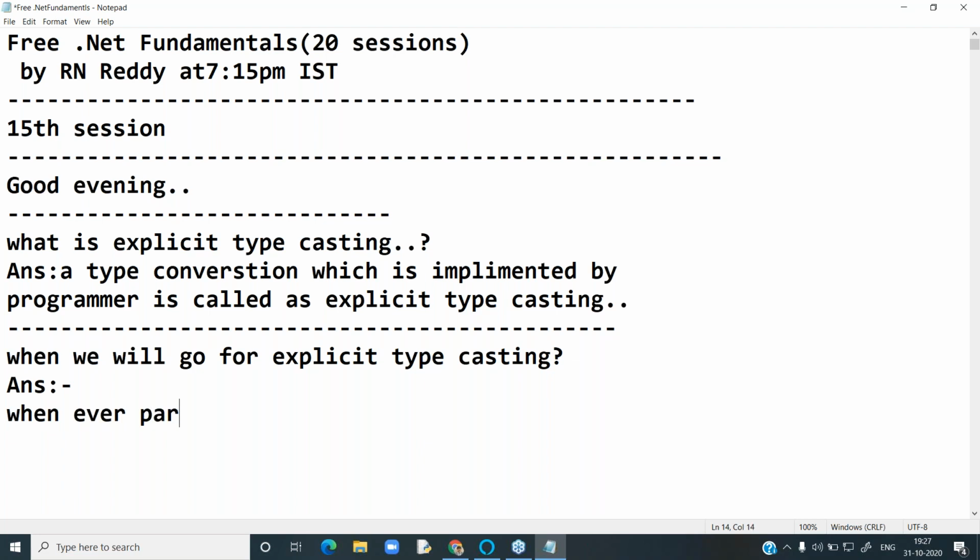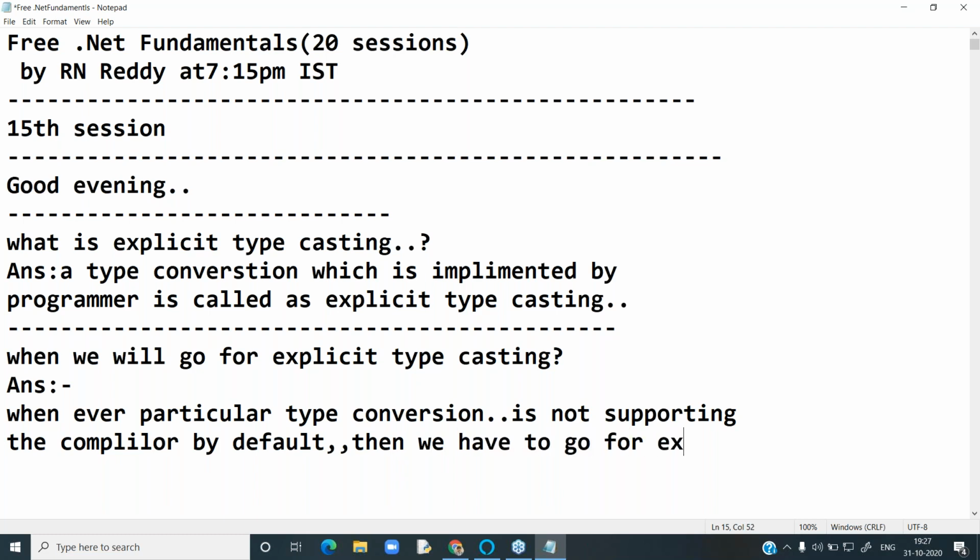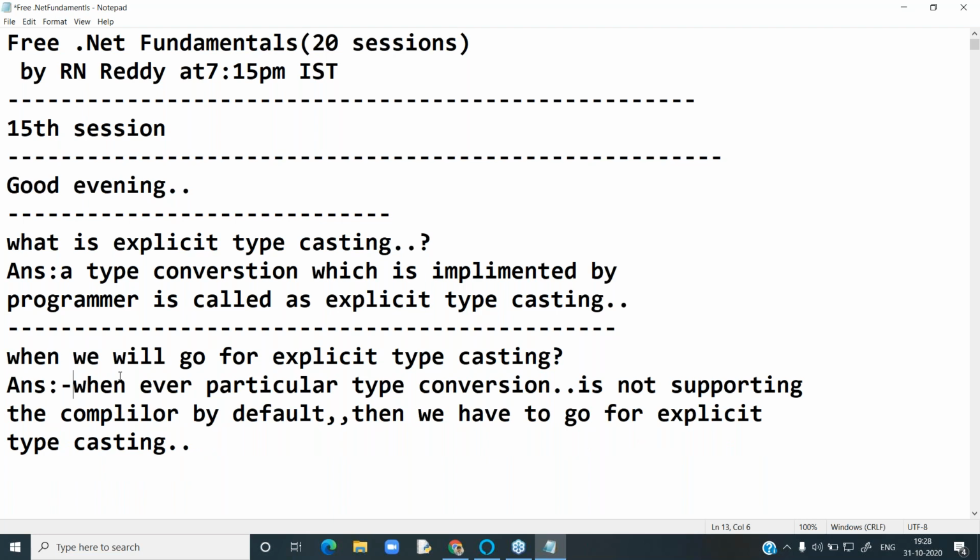Answer: whenever a particular type conversion is not possible, is not supported by the compiler by default, then we have to go for explicit typecasting.